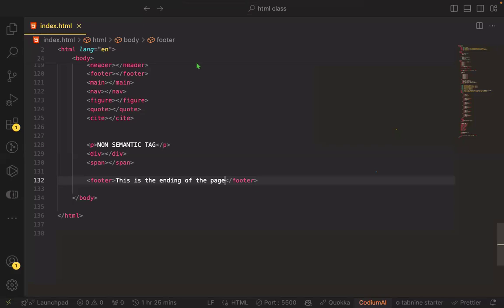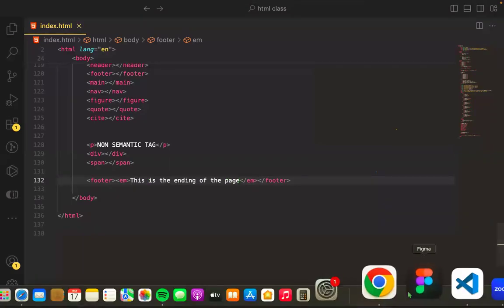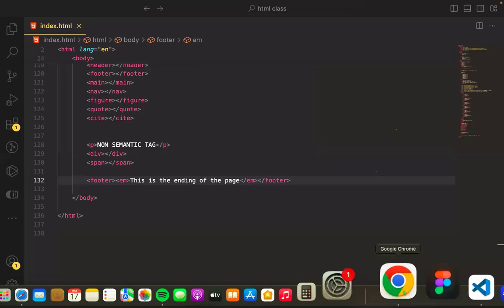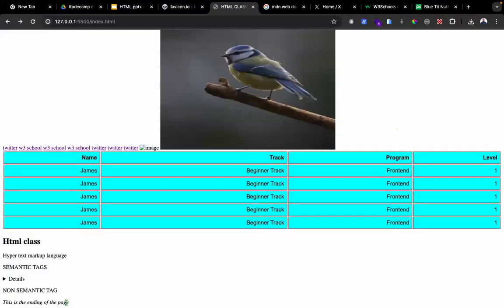It stands for emphasize, but we just shorten it to EM. That is what this EM tag is for. So you can see that